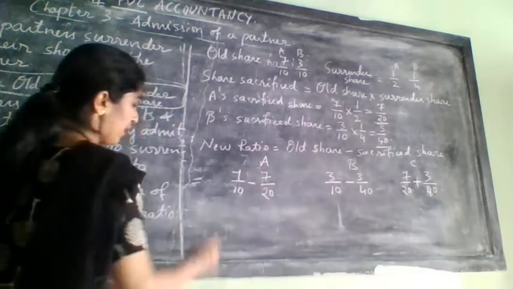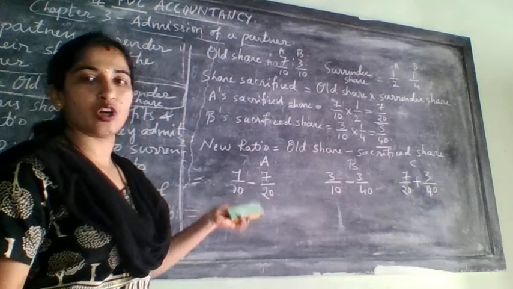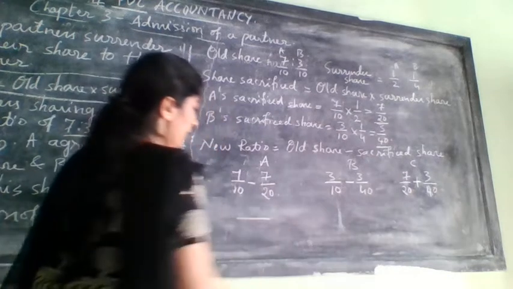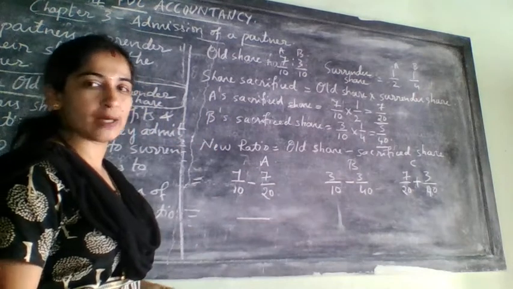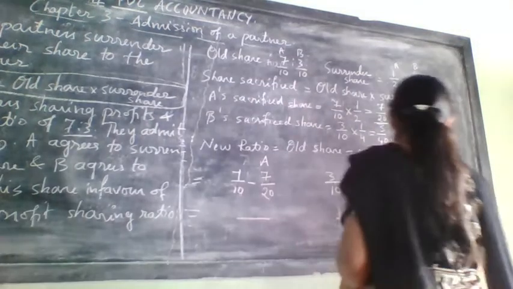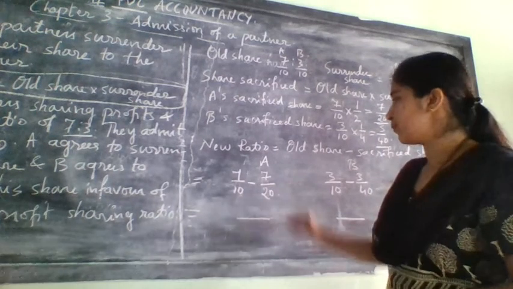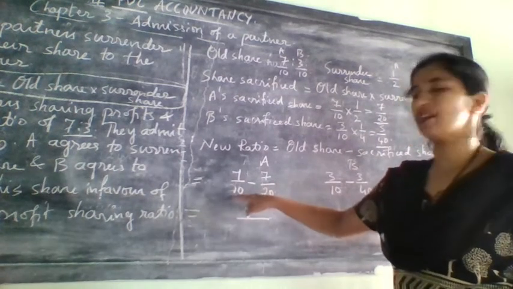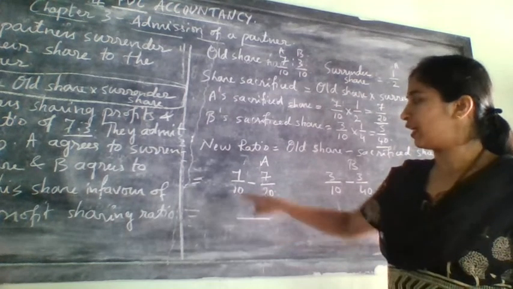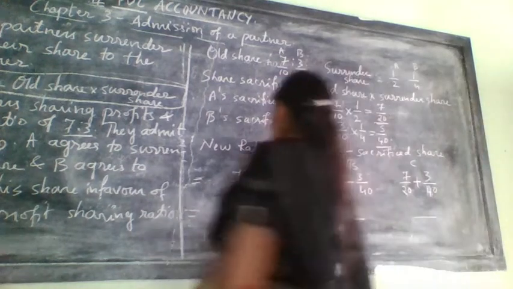Now this is addition and subtraction. The rule applies: denominators should be the same. So let us do that. Instead of cross multiplication, this time I will use the highest number, because all have a 0 there. We can take the highest number as the denominator. Here 20 and here 10. I will take 20, the highest number. 20 is divisible by 10 also, because 10 ones are 10, 10 twos are 20.